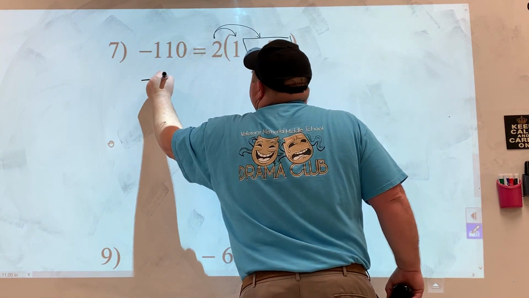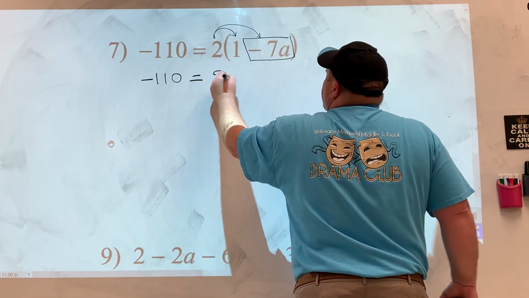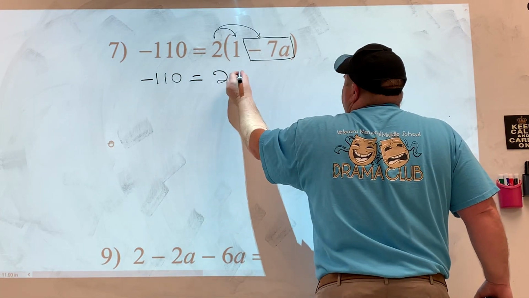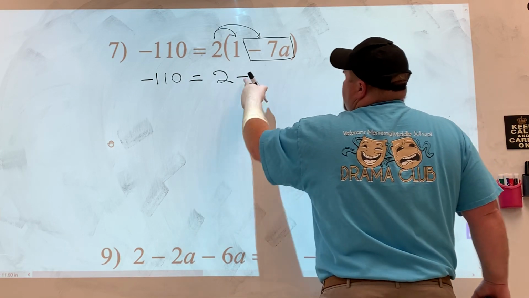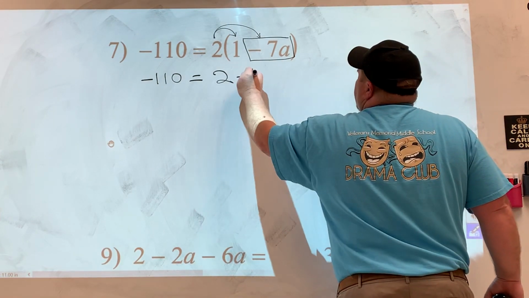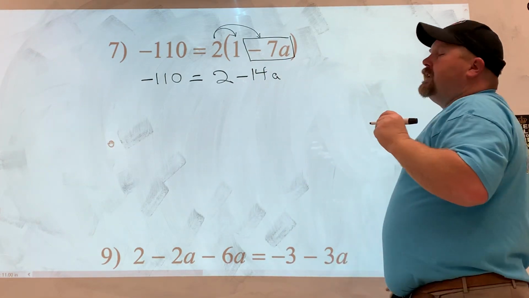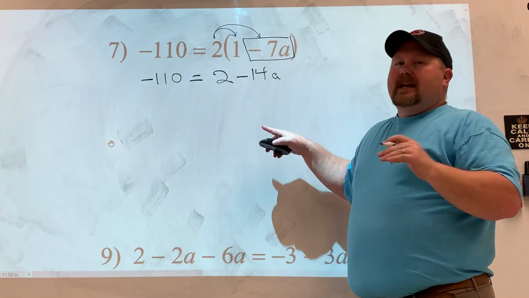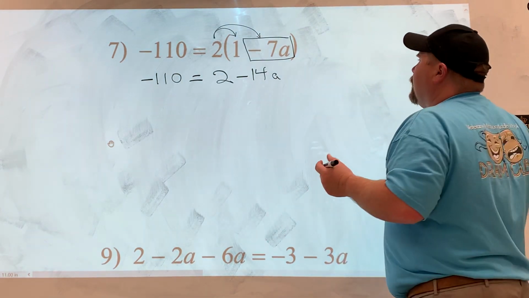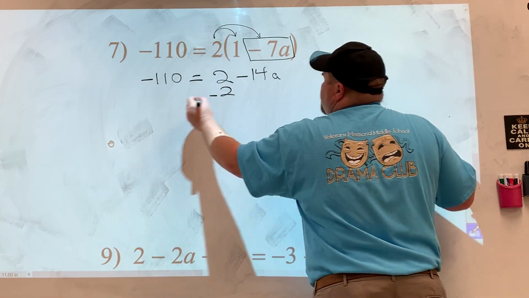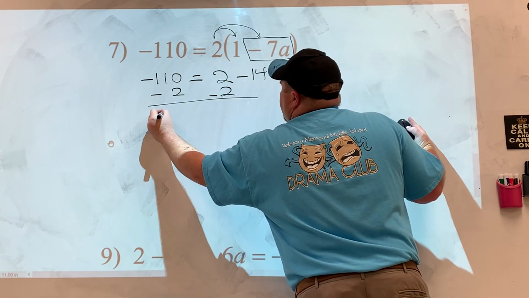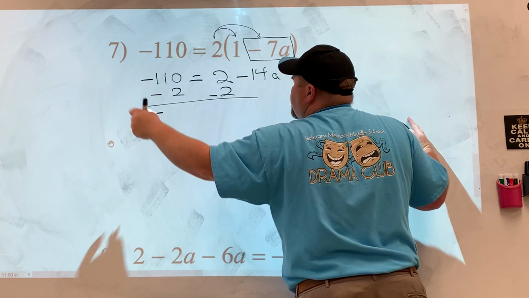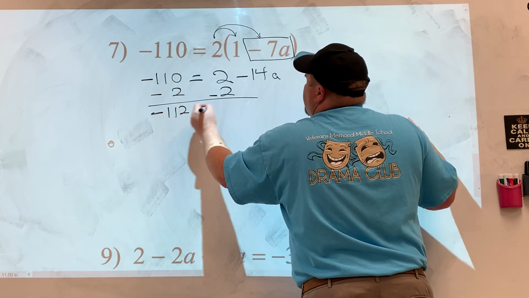It's just going to be easier if we do it that way. So I've got -110. 2 times 1 is 2. And then 2 times a -7 would be negative or minus, either one. Remember, it's the same thing. You're just going to put one of those symbols, just one. 14a. At this point, it doesn't matter if you call it -14a or minus 14a. Same effect, same answer at the end. All right, I need to get rid of the 2. So -2, -2. Remember -110 is way to the left on the number line, and you're going 2 places further to the left. So that's -112 equals